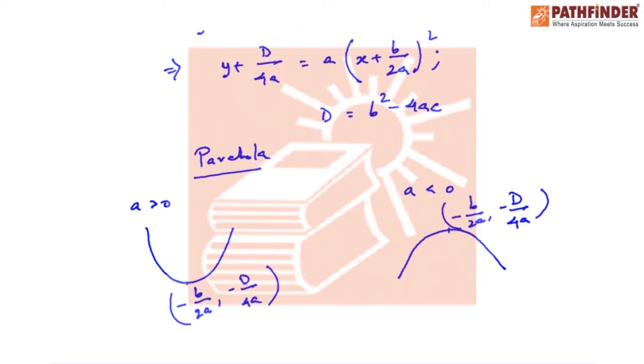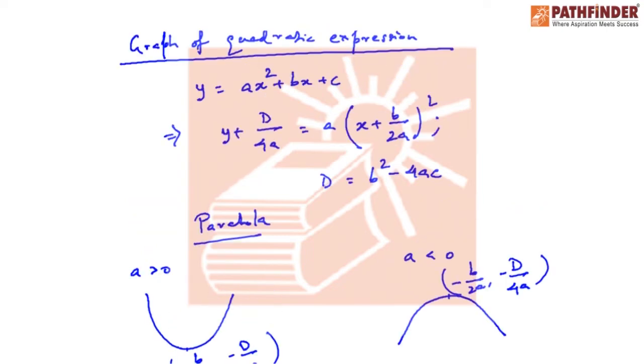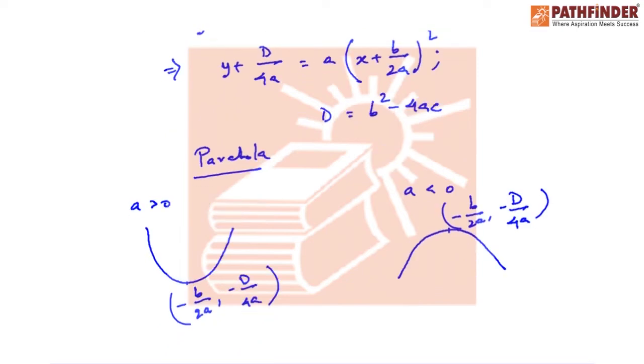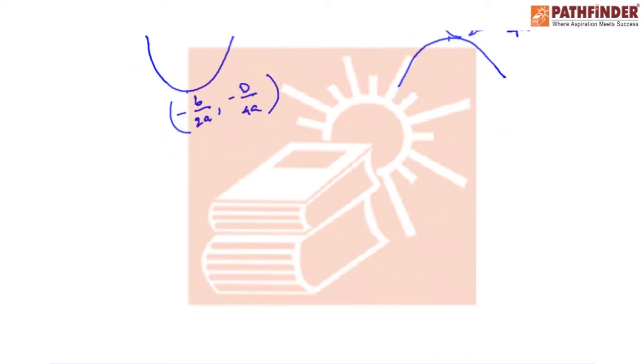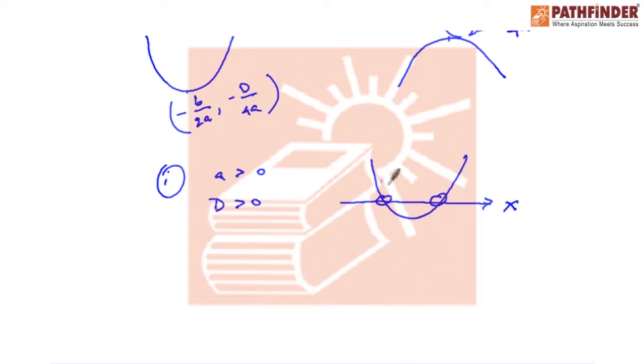Now the parabola always intersects the y-axis at the point (0, c), because if you put x equal to 0, obviously you'll get y equal to c. Now the parabola may or may not intersect the x-axis depending on its nature of roots. Say first case, if a is positive and the discriminant is also positive, then obviously it's an upward concave parabola and the roots are real but unequal, and obviously the roots are given by the points of intersection of the parabola with the x-axis. So in this case, this is how the graph will look like.